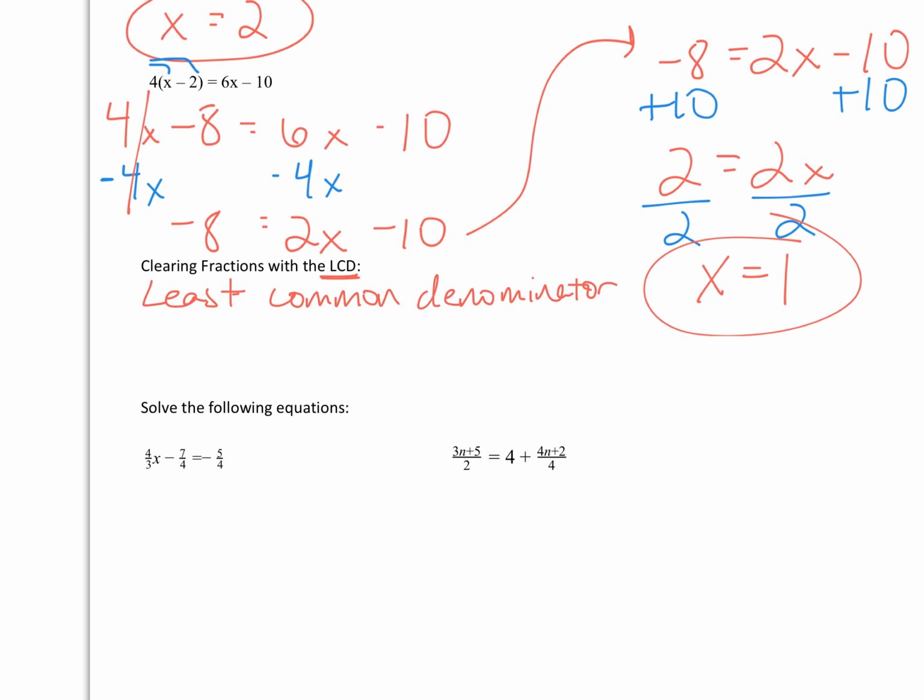So what we need to do is find the LCD and multiply everything in the equation, multiply that equation by the least common denominator. And that's going to clear those fractions out right away. Rather than working with them the whole time, we'll get them out of the way. So looking at this first example,